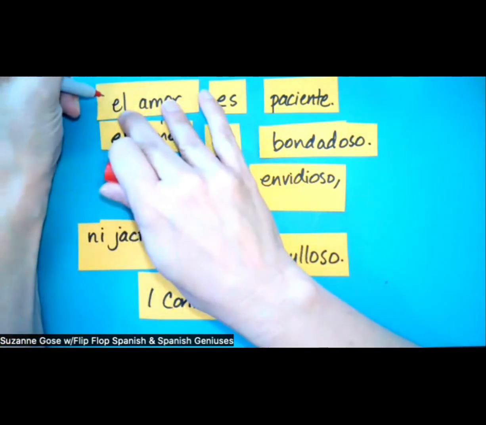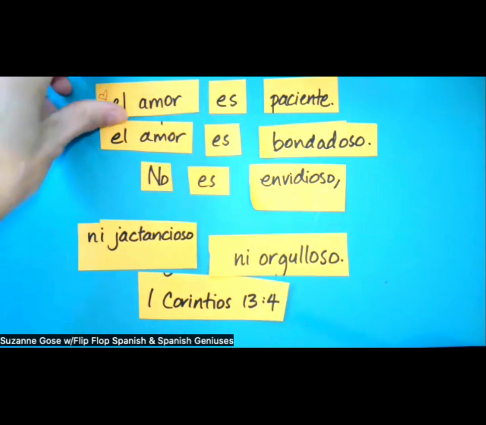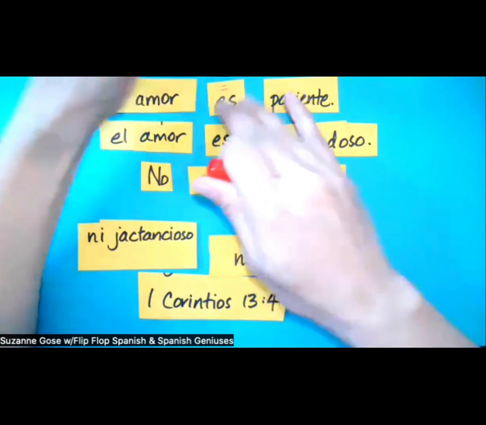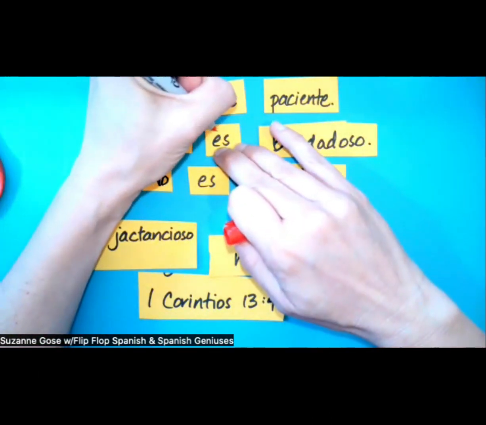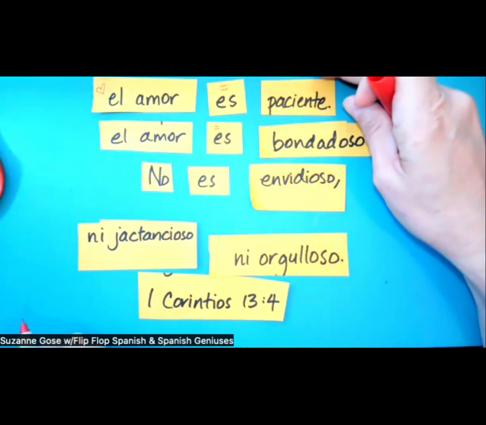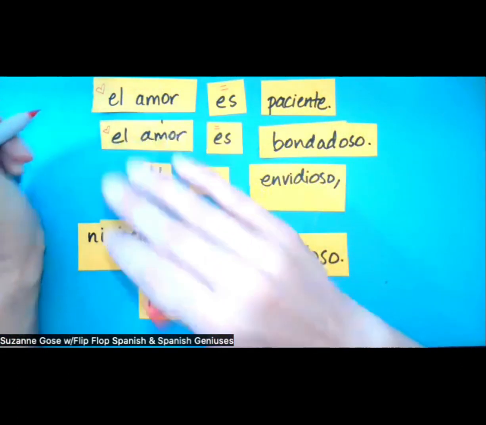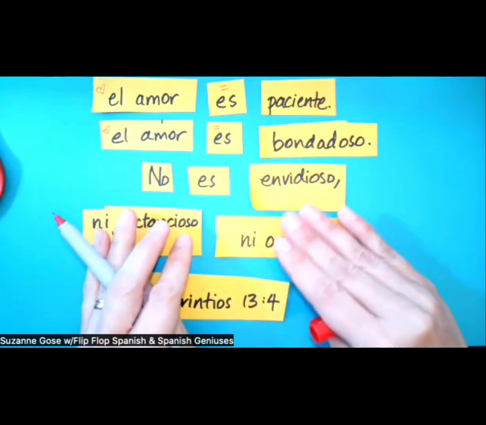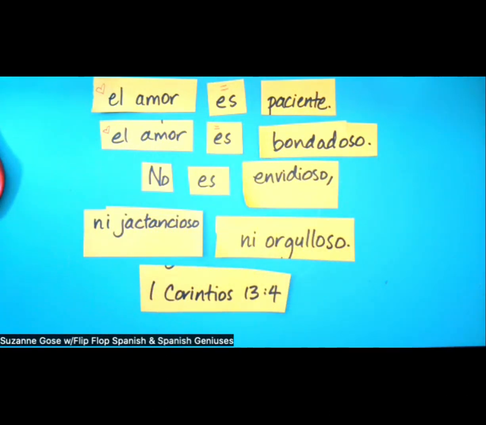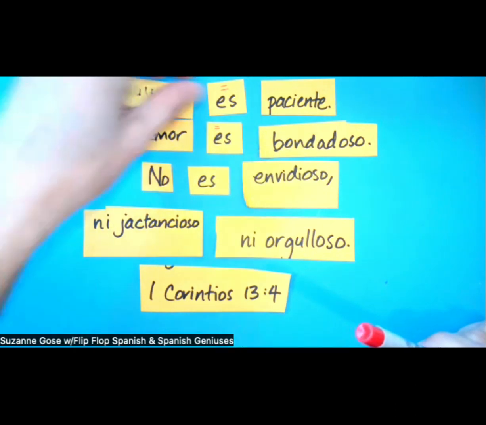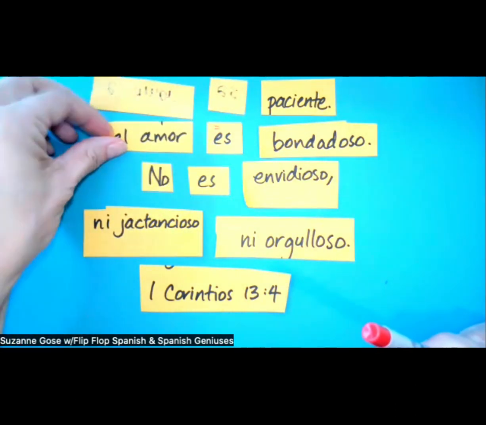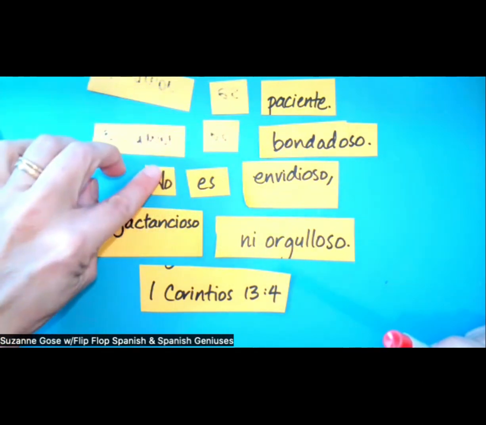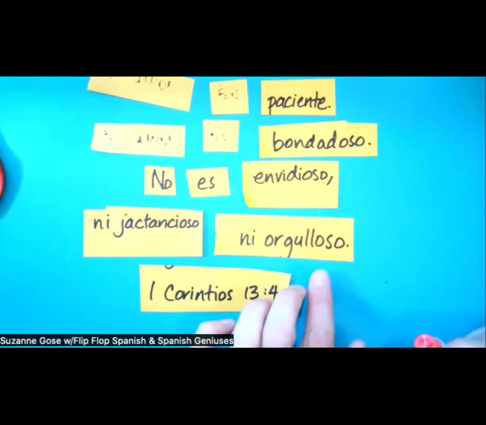So you could do little symbols on the back. That's a fun way to do it if you have a doodly type person or an artsy type person. You could do it on the front, el amor, or you could use matte pencil on the back, or you could do cardstock and put hearts. And then for es, I would do an equal sign. And then patient, I don't know, bread rising maybe, or learning to tie your shoe, something that requires patience. You add these little symbols on the back, and then kind, any kind of idea, it doesn't matter, whatever symbol or icon they want to draw, as they memorize it. So el amor es paciente. El amor es bondadoso. No es envidioso, ni jactancioso, ni orgulloso.